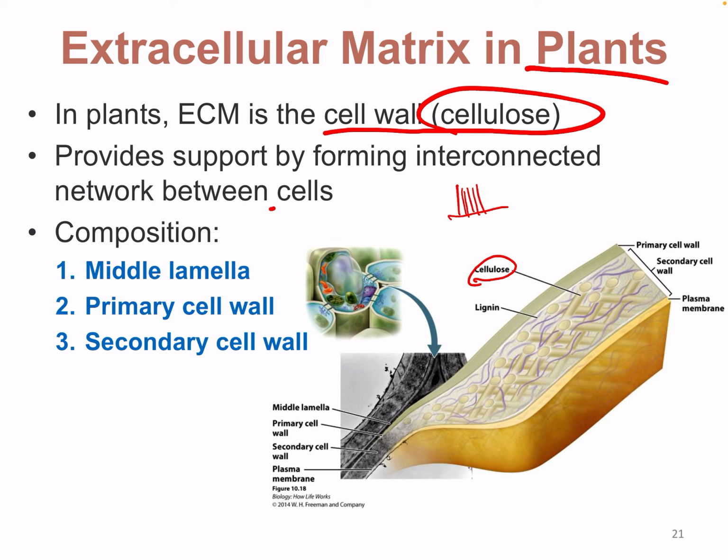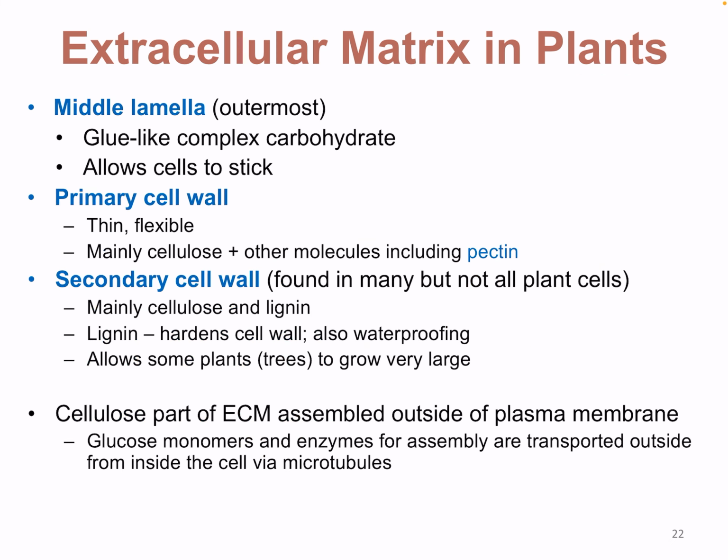So again, we have our middle lamella, primary cell wall, and secondary wall, then that plasma membrane. So the middle lamella, which is the outermost layer, is a glue-like complex carbohydrate which allows cells to stick. Then that primary cell wall is thin and flexible, formed mainly of cellulose and other molecules including pectin. Then finally we have our secondary cell wall, which is found in many but not all plants, which contains many